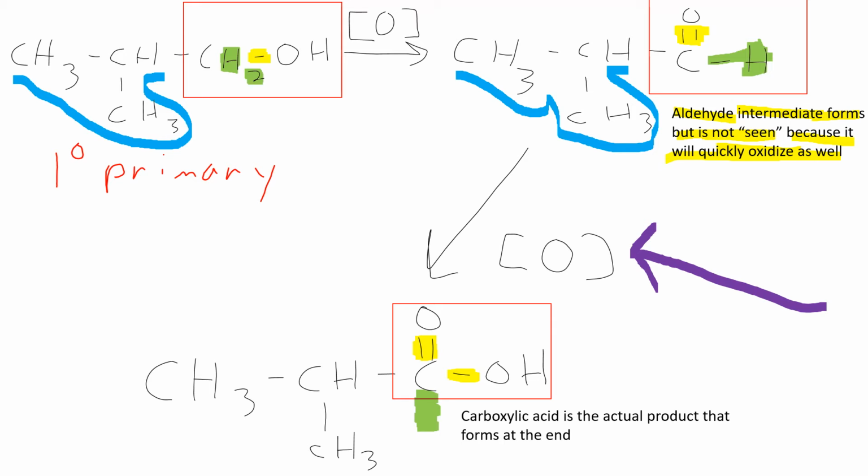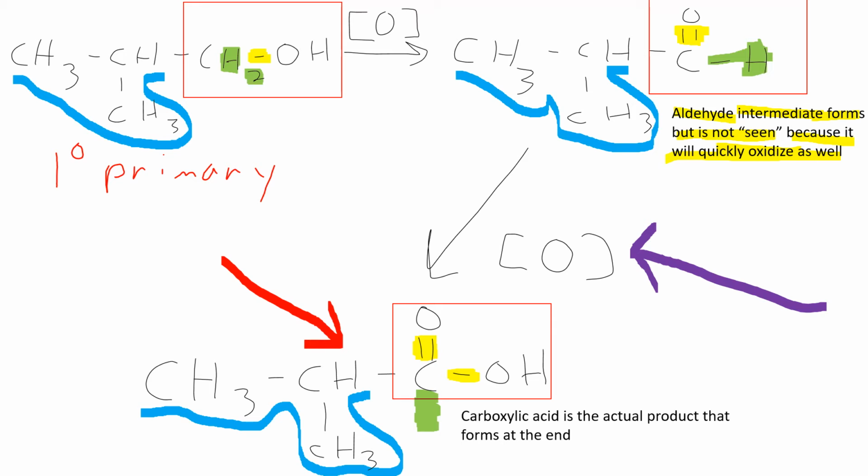Third thing that we're looking to see is that the rest of the molecule remains unchanged. So highlighted in blue again, you can see that no changes actually happened for the rest of the molecule here. They remained unchanged. So when you oxidize a primary alcohol, what you ultimately get at the end is a carboxylic acid. Yes, an aldehyde initially forms, but that then quickly undergoes an oxidation such that your final product is that carboxylic acid.